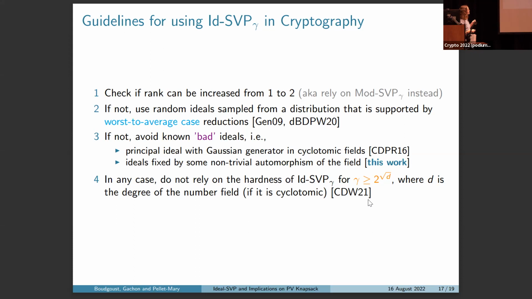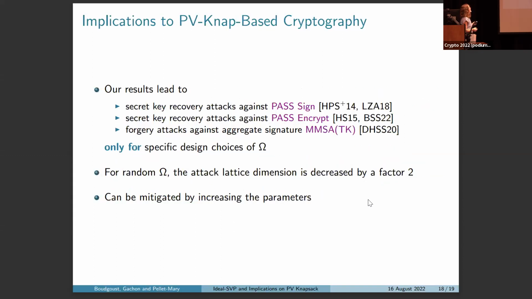One class of bad ideals are the principal ideals with a Gaussian generator, as in previous work, or the ideals that we worked on in this paper that are fixed by non-trivial automorphisms. And in all cases, you should not rely on the hardness if the approximation factor is too large. Then of course the question is what are the implications of our results on cryptography that is based on the partial Vandermonde knapsack problem? I haven't really talked about it, but there is a signature scheme and an encryption scheme